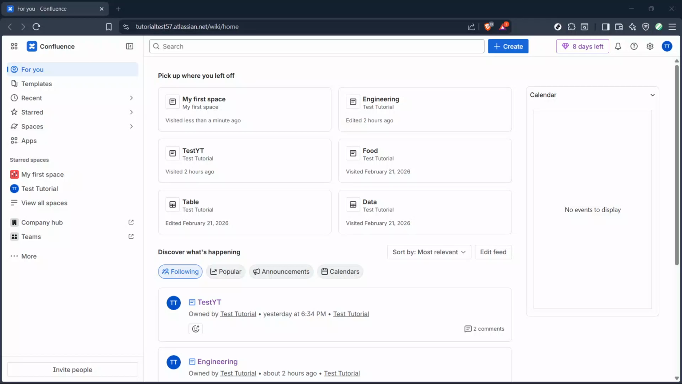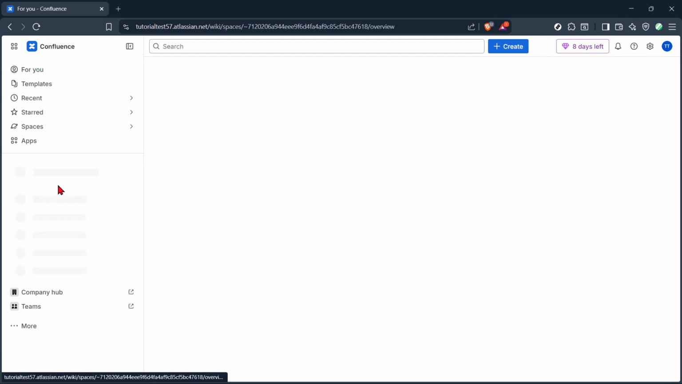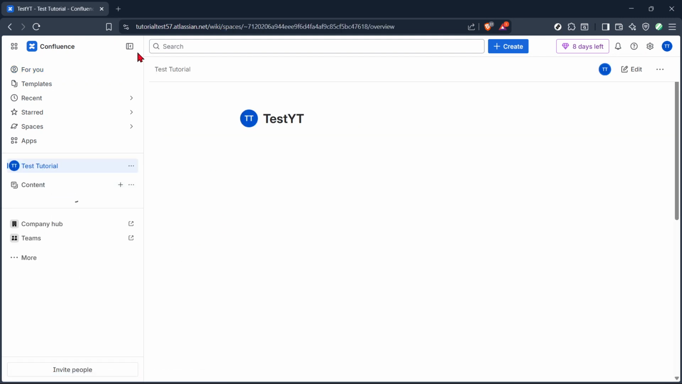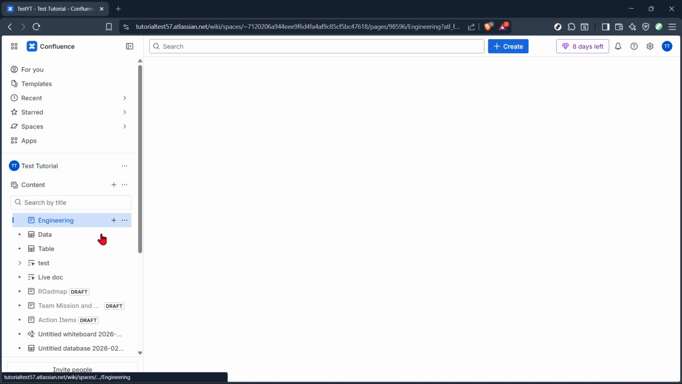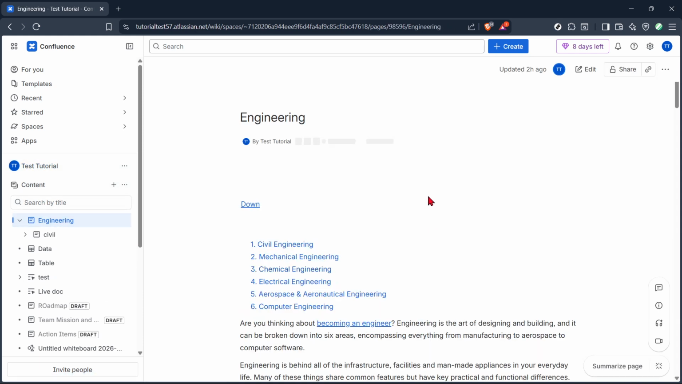In today's video, I'm going to teach you how to jump to the top or bottom of a page in Confluence. We'll set up simple jump links using anchors so readers can move instantly between the top and bottom of a long page. Start by opening Confluence, then navigate into the space and the specific page where you want this